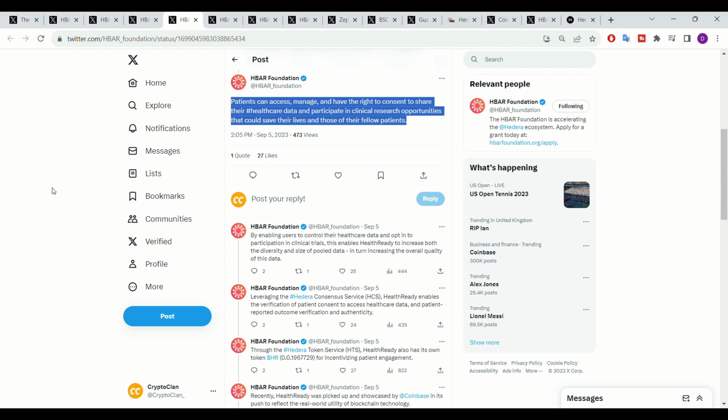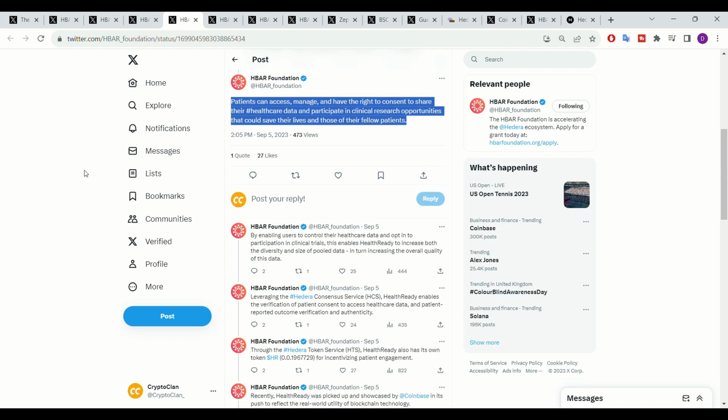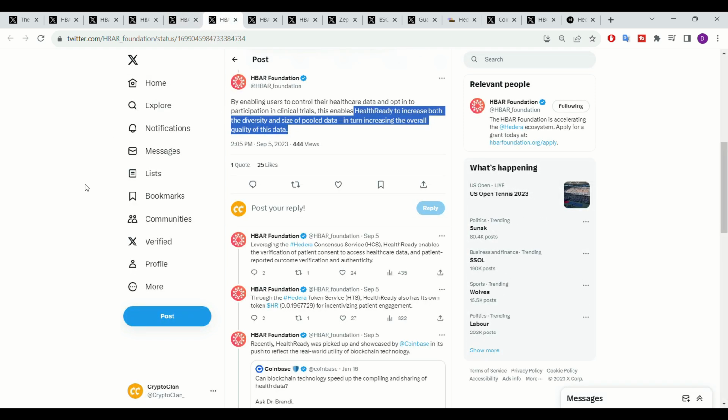So this means that when information is actively stored in regards to, again, patient consent, healthcare data, patient-reported outcomes and verification will be all logged on Hedera. And the main reason as to why Health Ready may have chosen to build their offerings on Hedera is due to the immutability offered by Hedera, where Hedera is one of the most secure networks on the marketplace, most notably